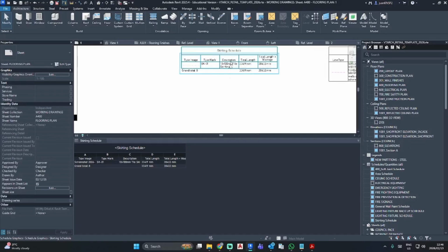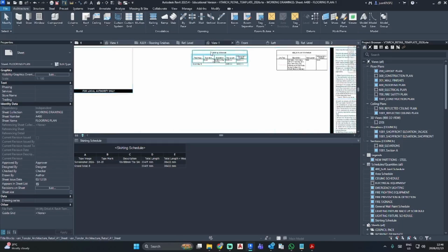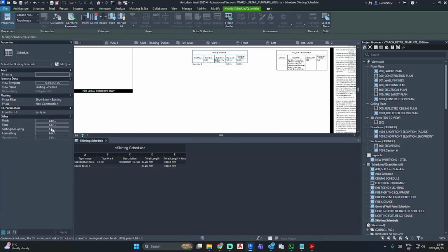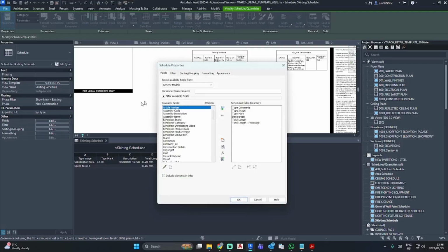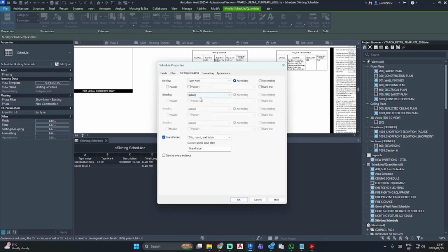And it has updated, but now I would like to know bedroom 1, because when we're on site and now my wife wants to change the skirting for this 1 bedroom. So let's go to our schedule, go fields, select available fields from, we want a room, and then we're going to go room name, add that in. So now we are going to go formatting room name. That is also a hidden field, because now we're going to go sorting and grouping and group this.